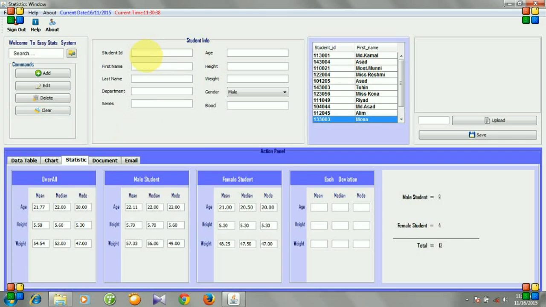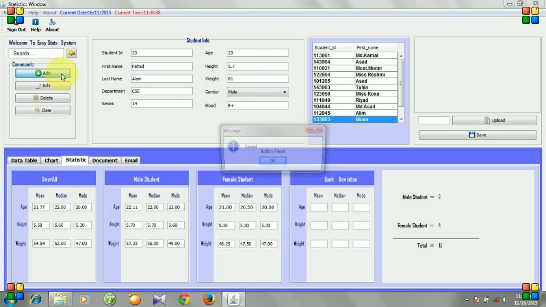Say student ID is 23, first name Fahad, last name Alom, department CSC, series 1514, age 23, height 5'7", weight 61, gender male, blood B positive.